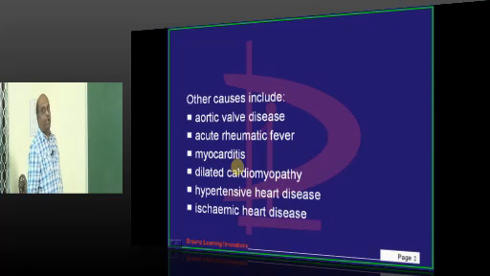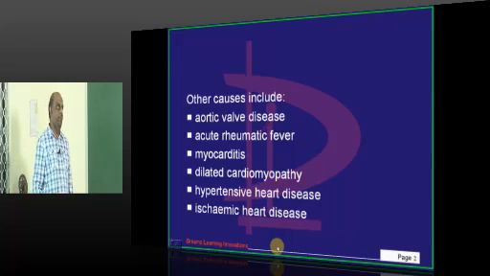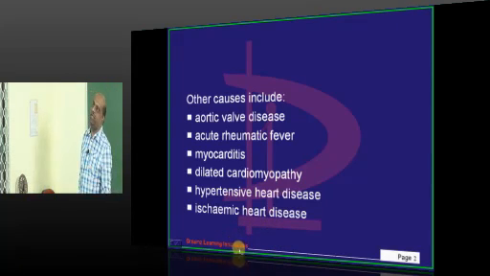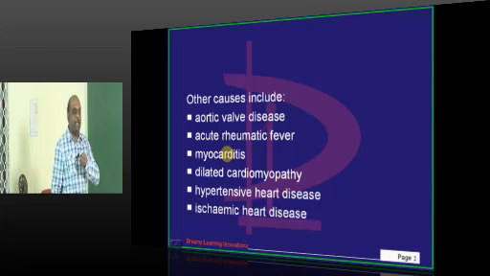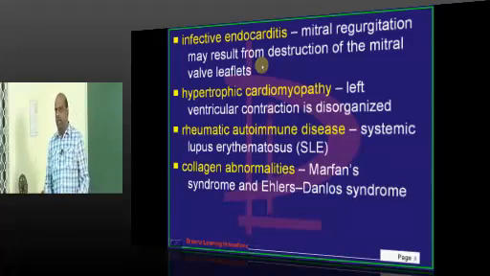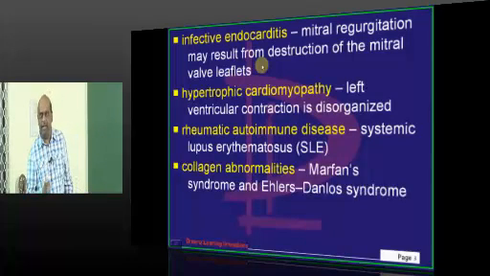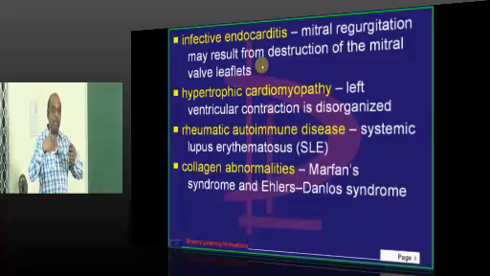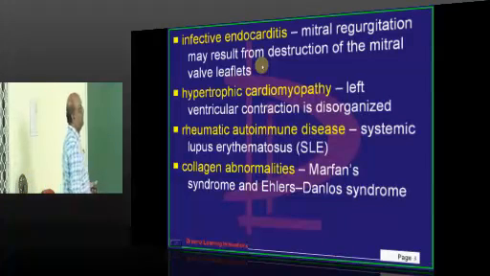Then myocarditis, dilated cardiomyopathy, hypertensive heart disease or even ischemia. Why ischemia? In ischemic heart disease, papillary muscles can suffer ischemia. They are unable to hold the cusps anymore and that can predispose to the development of regurgitation, is what you need to remember. If there is acute infective endocarditis, those vegetations can make the valves become incompetent and can predispose to the development of mitral regurgitation.